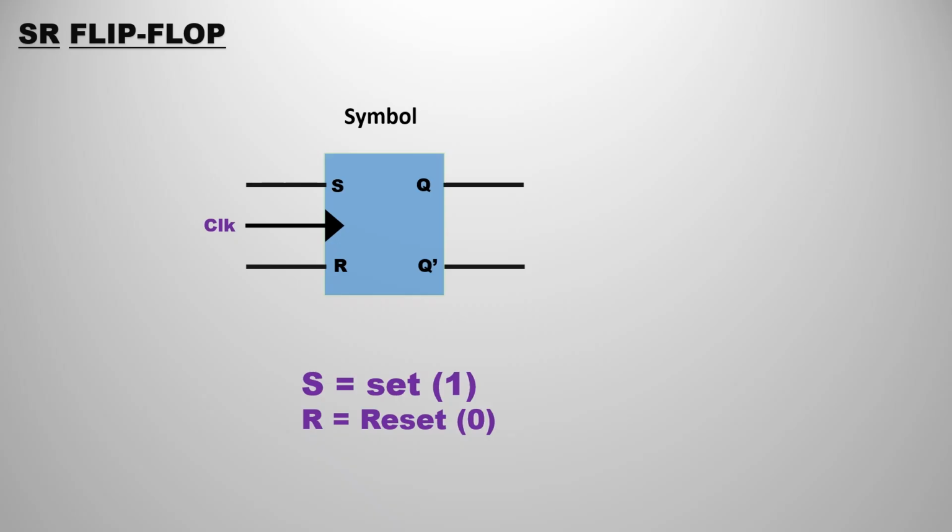So flip-flop is almost the same as the gated latch, but a small difference here. We are going to represent it with a small triangle shape inside that. But instead of the enable line, we are going to directly pass the clock here. So I am saying once again that S equal to 1 means set, and R equal to 0 means reset is off, and this is the symbol of the SR flip-flop.